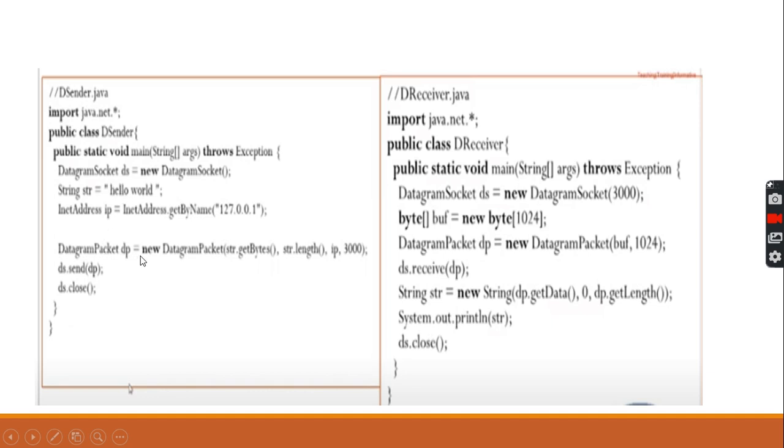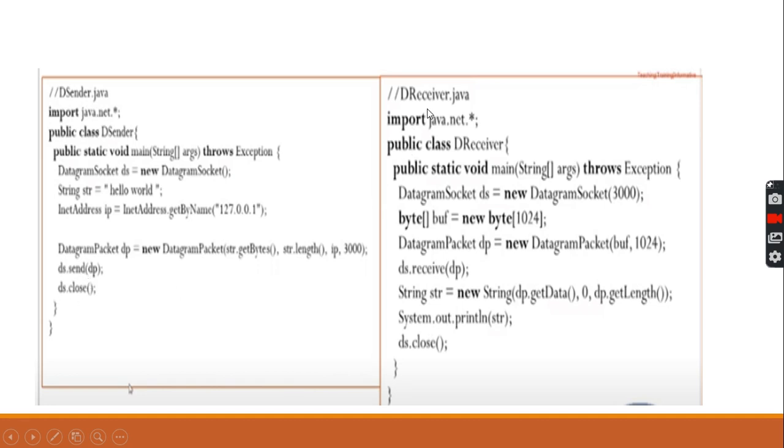DatagramPacket dp = new DatagramPacket(str.getBytes(), str.length(), ip, port). ds is the DatagramSocket object, and ds.send(dp) sends the datagram packet, and then we close ds.